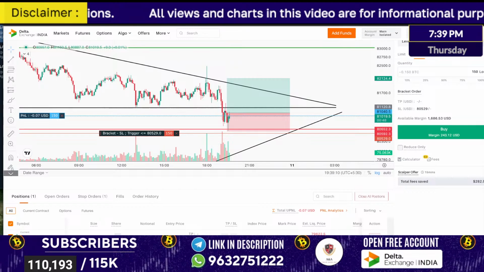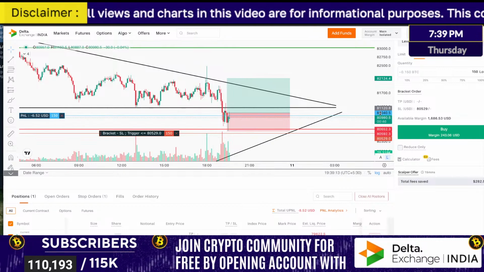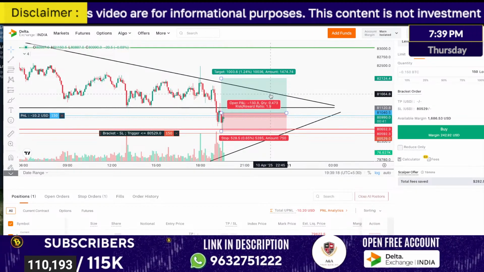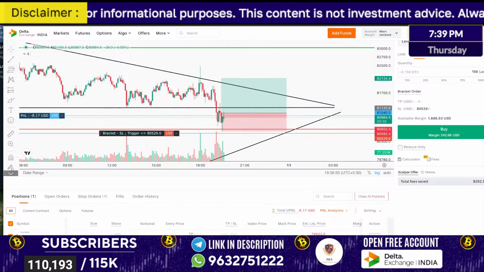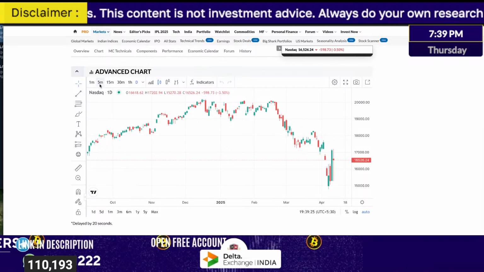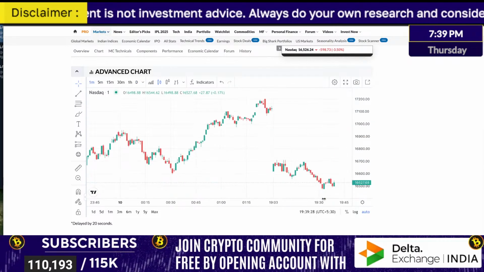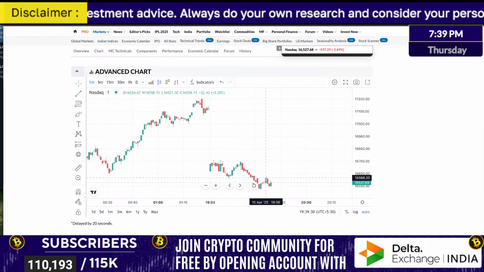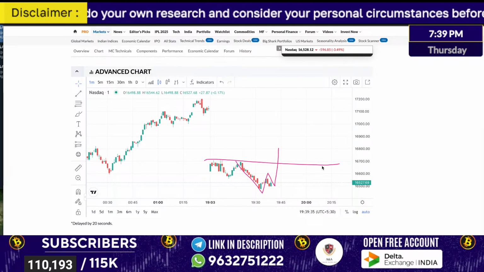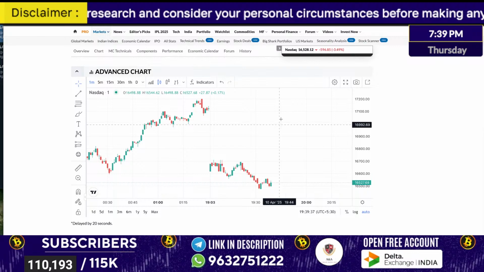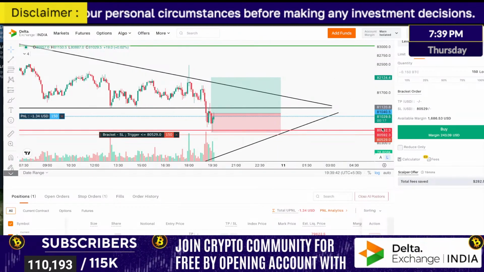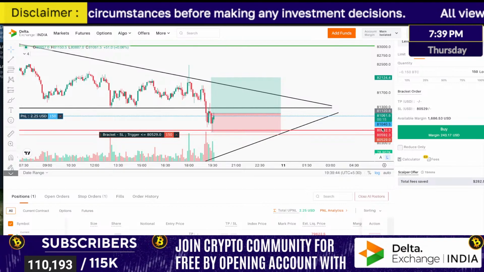I don't want to go bearish. Whoever is interested to take a bearish trade, you wait for the breakdown. There you want to take, you take. It's entirely up to you. Global market, okay, is slowly making lower highs, lower lows, and here, if at least for the day's high it wants to trap people, some kind of positive movement it has to do. 84% bullish.